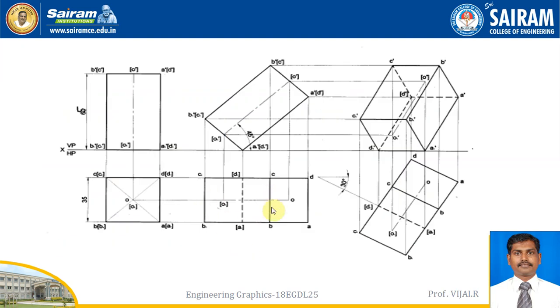So what is the resting edge here? The resting edge is this, that is AD. So AD is the resting edge. So on this edge it is resting. The hidden line is here, AD. This AD is inclined to VP at 30 degree. So draw a line. We can draw from the reference also, but when we are tilting, this image will exceed this reference, so it should be avoided by drawing a parallel line, and we can make a 30 degree here. So this is rotated. In case of sketchbook, how to rotate, sir?